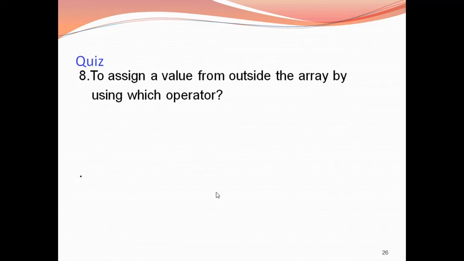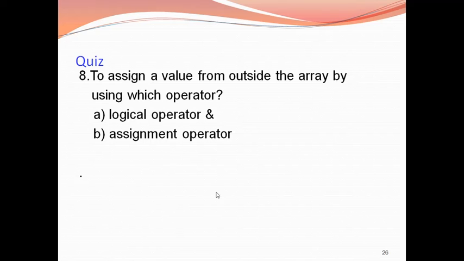To assign a value from outside the array, which operator is used? Logical AND operator, assignment operator, or comma operator. Which operator is used? The assignment operator is used to assign the values to the array.